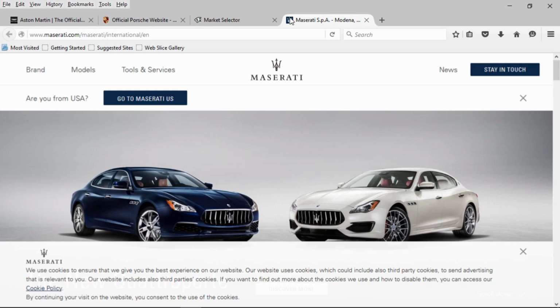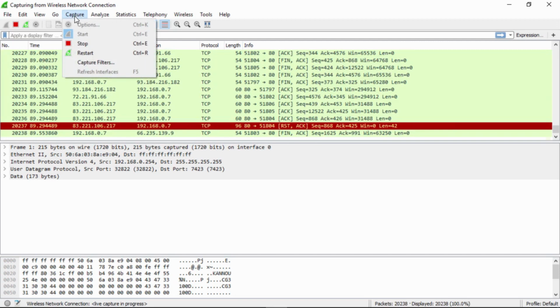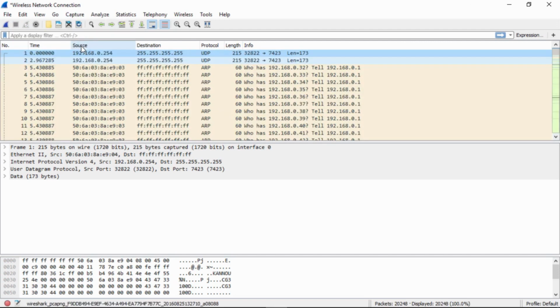So now what we want to do is look at these websites. Remember, if you're following along, you can use any websites you want, and the process is going to work. And that's the key, the process. So now I'm going to actually stop my packet capture. So what we're going to do is go all the way up to the top here at